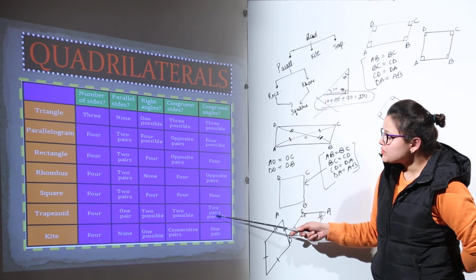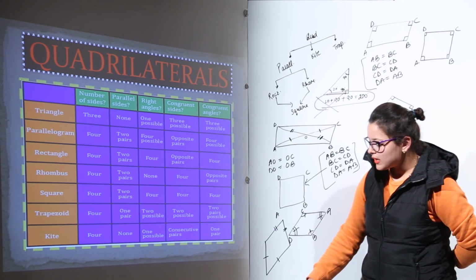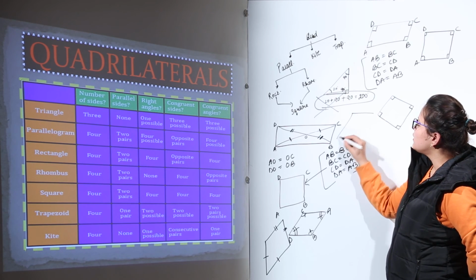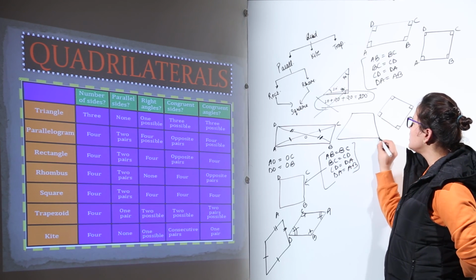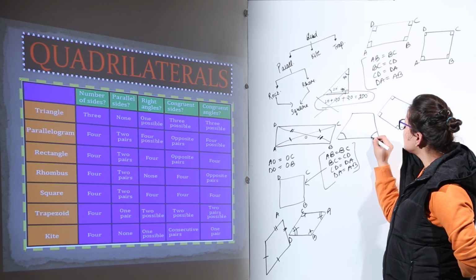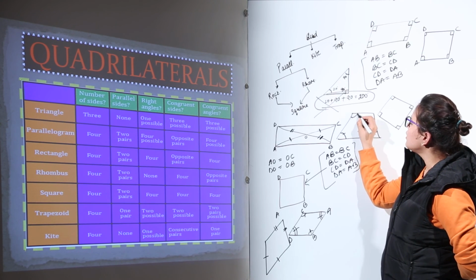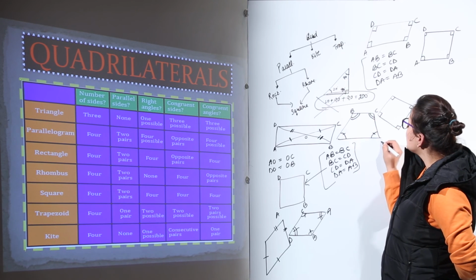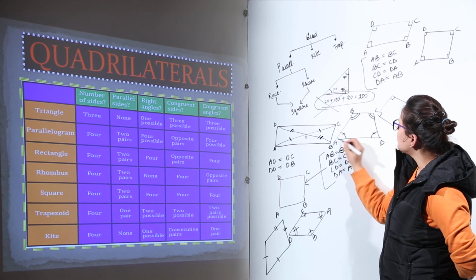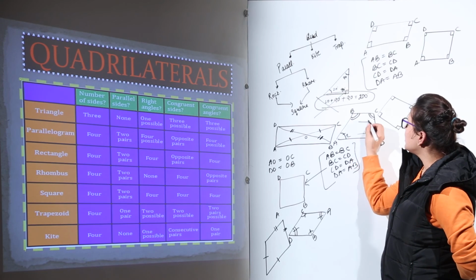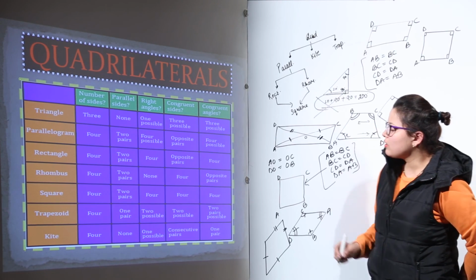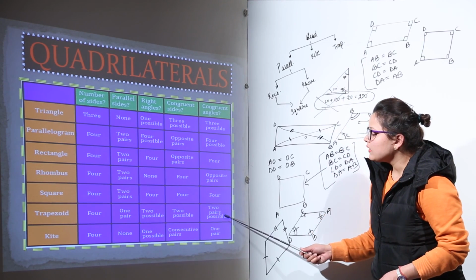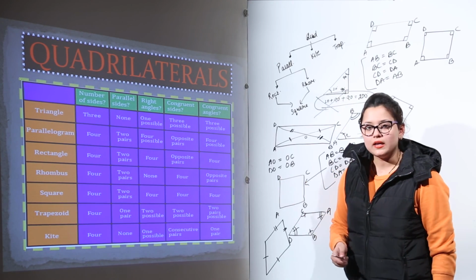Next we have the trapezoid. Two pairs of trapezoid angles can be congruent to each other. As we did a trapezoid, it was this shape, right? Only this angle can be congruent to this angle, or you can take this angle to be congruent to this angle. Let's say BC and AD can be congruent to each other only. You cannot make AB or CD congruent. So a trapezoid says that you have two pair possible for congruent angles at a time.